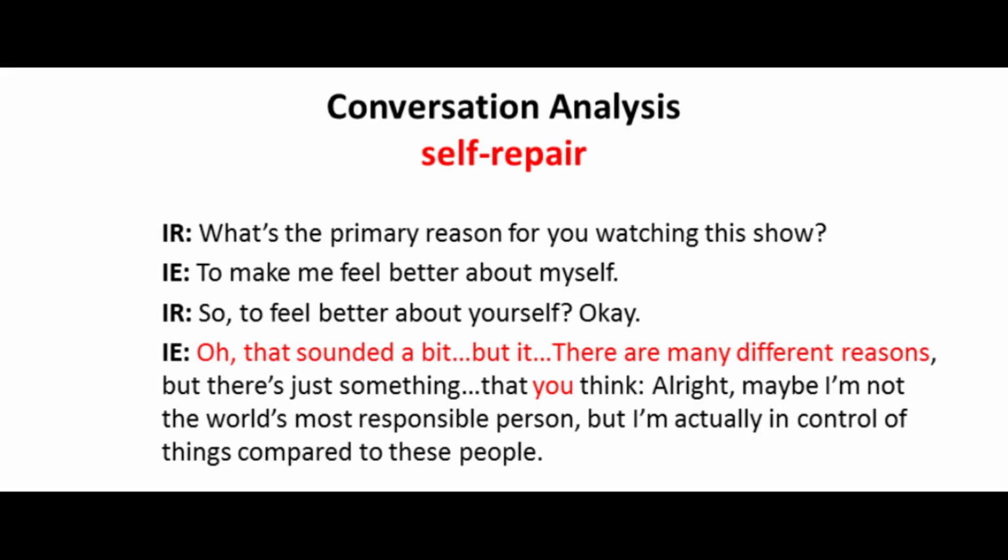Self-repairs are reformulations of self-interrupted utterances. They often occur when we look for ways of phrasing our opinions more politely and hence indirectly. Here I ask a viewer of the same reality show why she watches it. She says it makes her feel better about herself, but then she starts a longer retraction process of this initial answer. Maybe because she realizes that it was too honest, too politically incorrect.